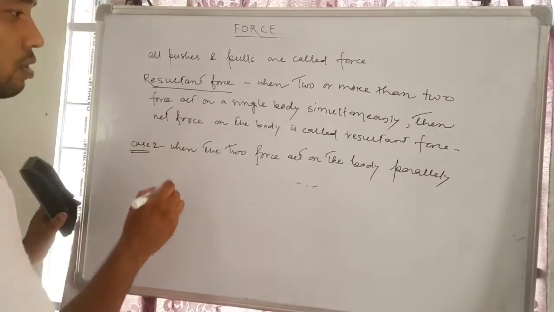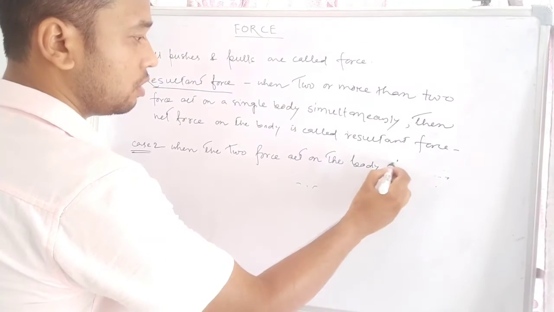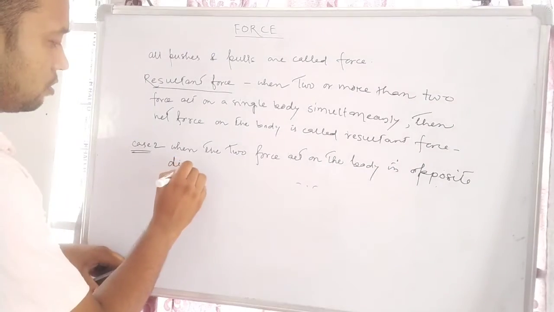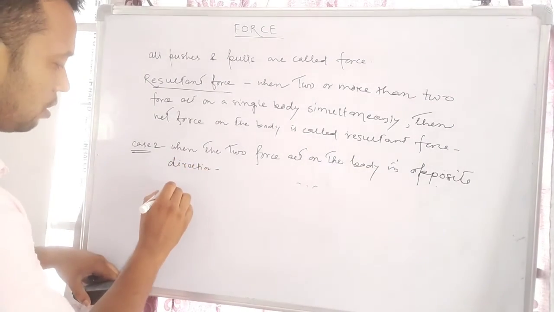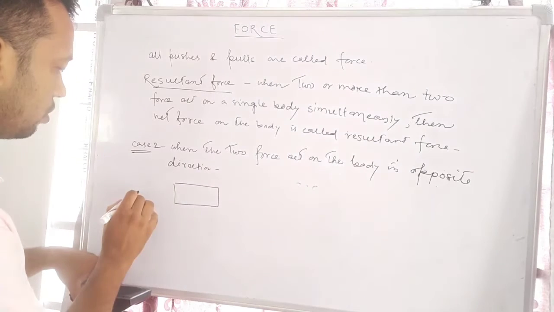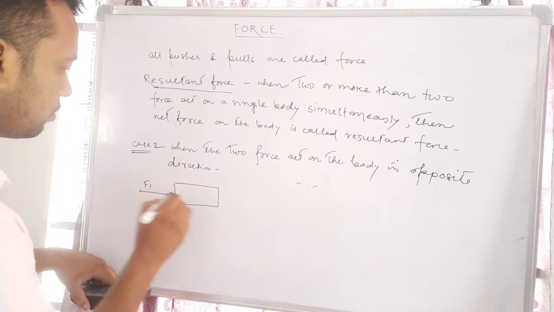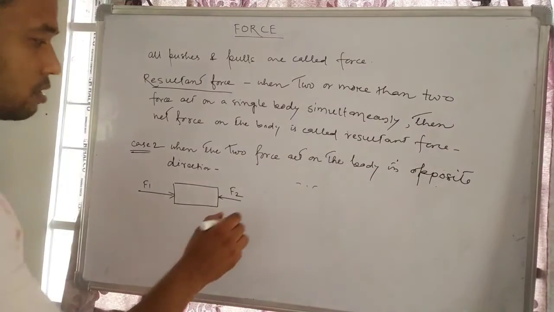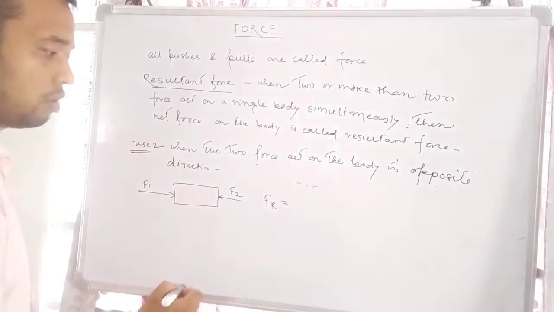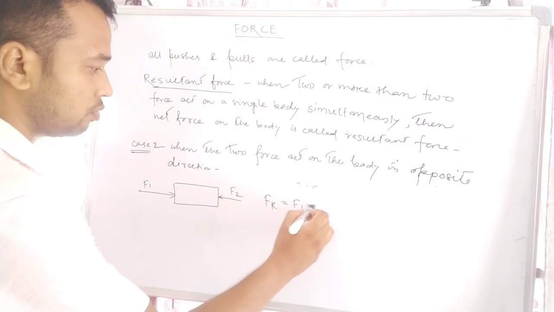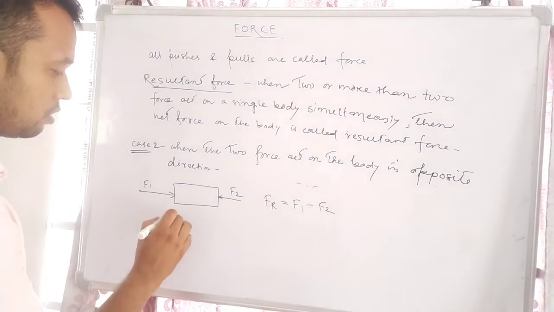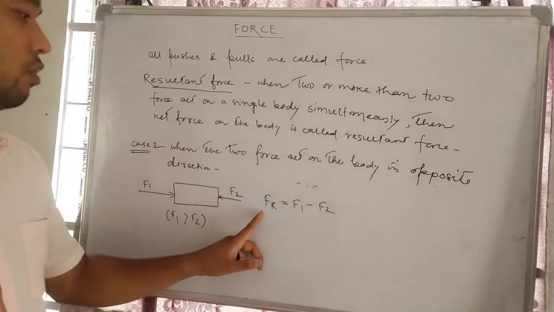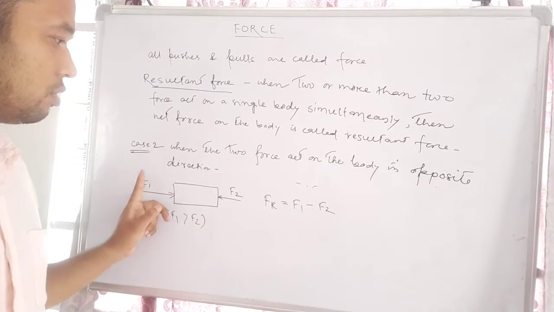Case 2, for the opposite direction, that means like this. This is the body, one force will act along this way and another force act along this way. In this case the resultant force will be equals to the larger force minus smaller force. Suppose we consider here F1 is greater than F2. Okay. So resultant force is the larger force minus